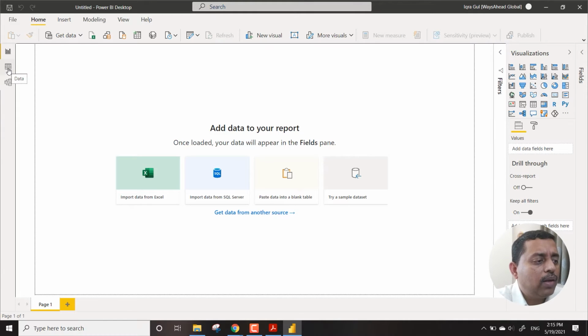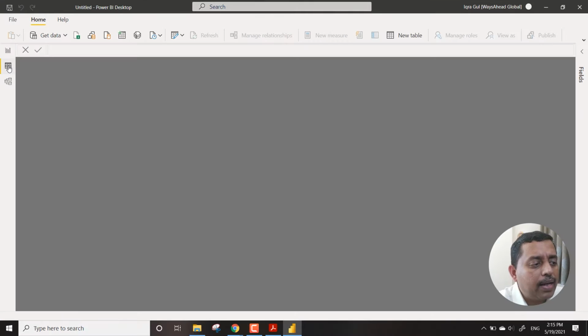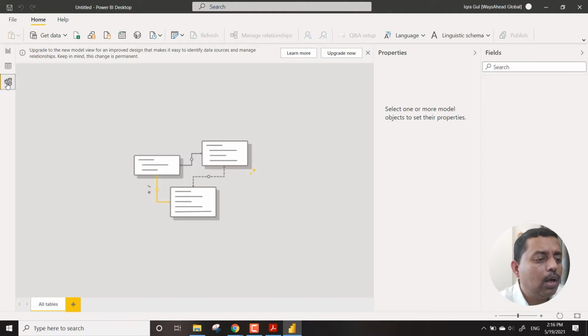So the first thing is this report, and what you see in front of you actually resembles a PowerPoint slide. You will see in a while. Then talking about the second part, which is the data. So this is actually the section where you will see all your data when we touch base with any kind of a database or something like this. And then we will see a model. So we'll see how a model looks like.